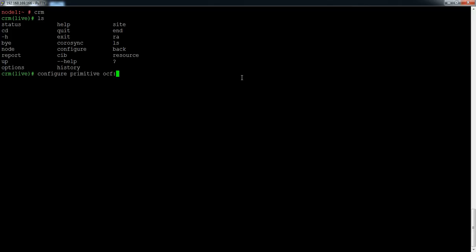I already told you what types of resource agent we have: OCF, LSB, heartbeat, STONITH, and others, right? So those are the resource agents we have available. And the classes: we have heartbeat as the provider under OCF, and I'm going to use LVM,